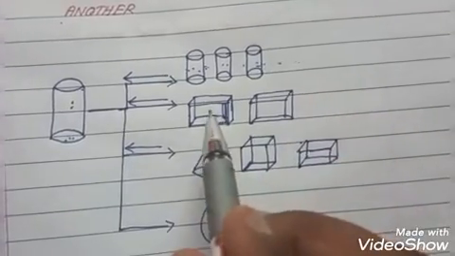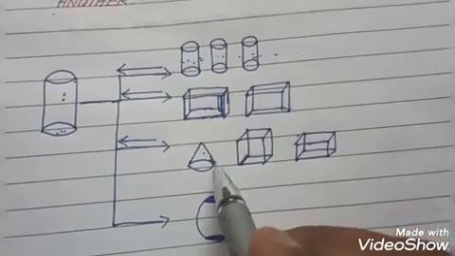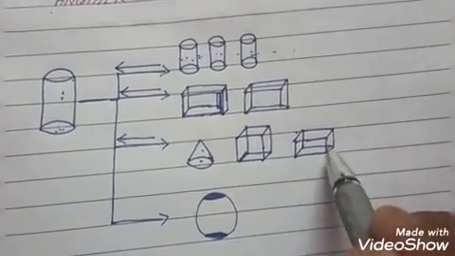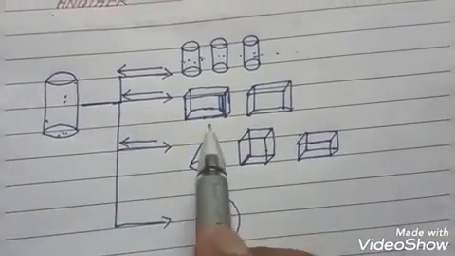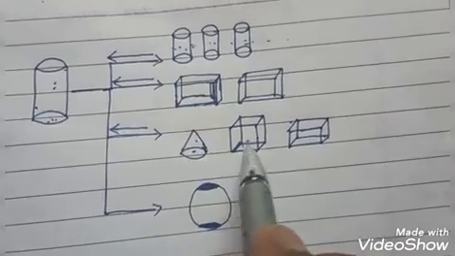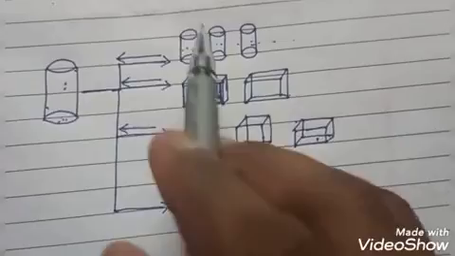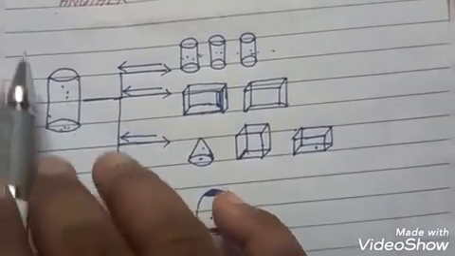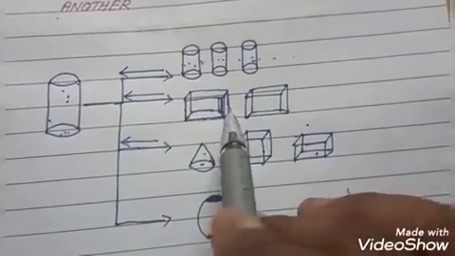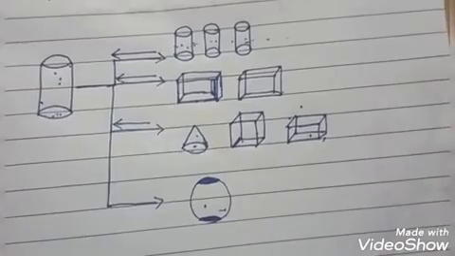Otherwise I just converted it into two cuboids. Otherwise I just converted it into three different shapes. One is a cone, another one is a cube, another one is a cuboid. I have to melt it and make a modeling shape of cone, cube and cuboid. So here only one sphere. So one figure is converted like this. It may be a cylinder or cuboid, or three different types of shapes, or one sphere.